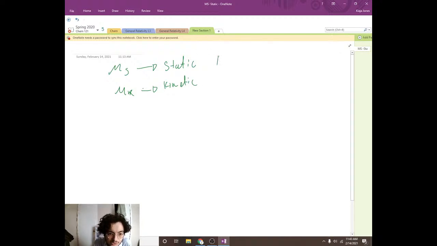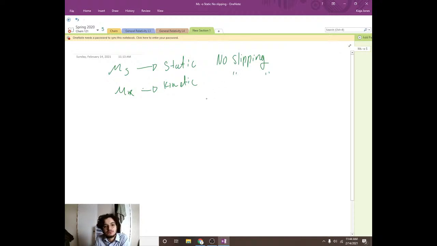with static friction there's no slipping, right? There's no rubbing between the two surfaces at the points of contact. But for kinetic friction, of course, there is slipping. So yes, there's slipping, and so